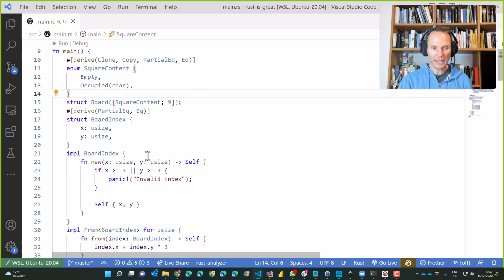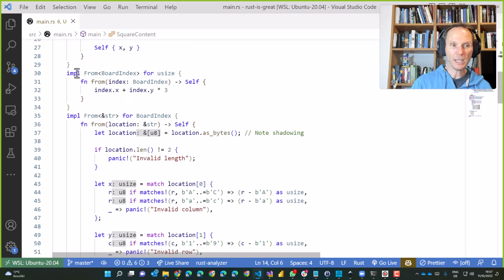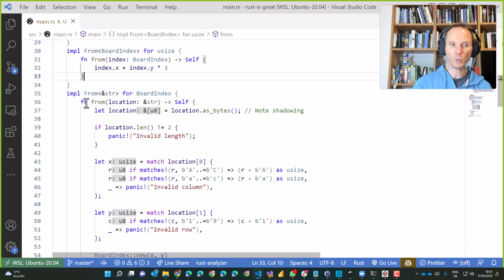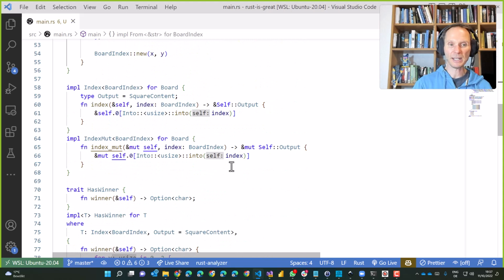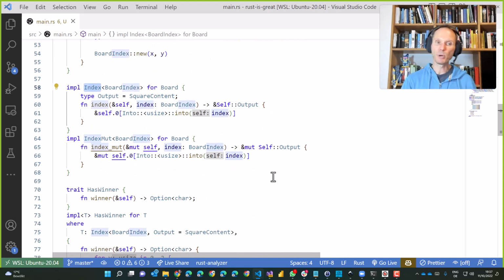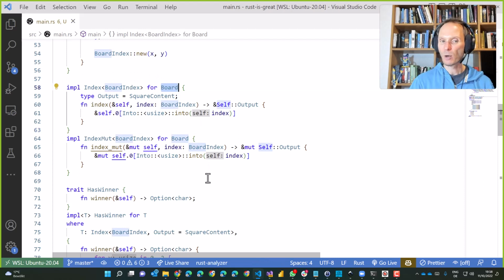Many of the things that follow now, we already discussed. We discussed methods and so on. We discussed how we implement system traits. This is a system trait for type conversion, for instance. We already discussed how to copy something or convert something from a string. It's just a little bit of Rust code. It's not that interesting. This is another reason why I put this example here, because in this case, I wanted to show you that it's again a system trait with which we can define an indexer on a data structure. So if we have our tic-tac-toe board, we want to have a custom indexer based on the data type